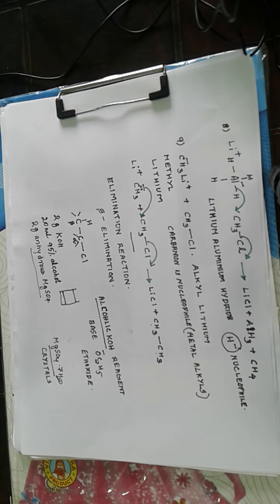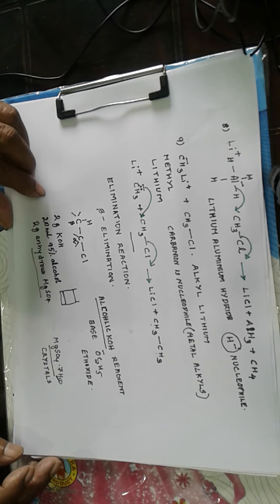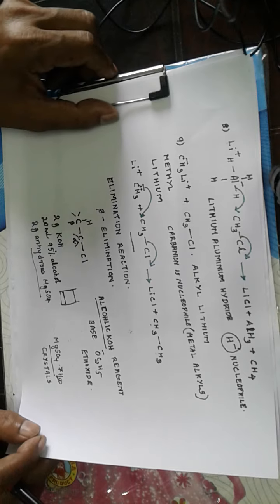Now that solution is called alcoholic KOH, and by keeping overnight, anhydrous magnesium sulfate absorbs water and gets converted to crystalline magnesium sulfate, that is MgSO4·7H2O, so that when we filter the resulting mixture next day, we get the filtrate and a solid residue, and the solid residue is crystalline magnesium sulfate. And anhydrous magnesium sulfate will absorb all the water from the mixture.